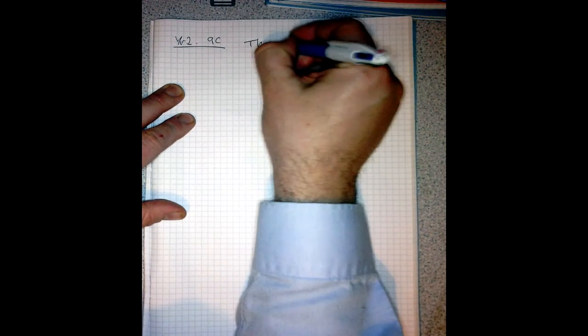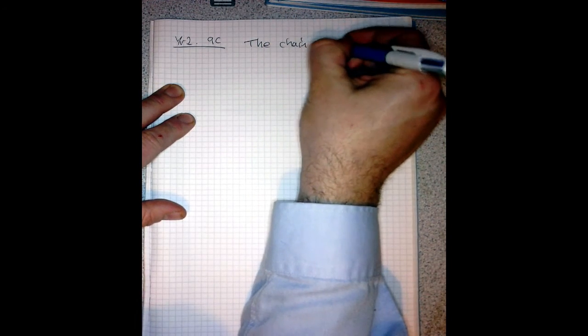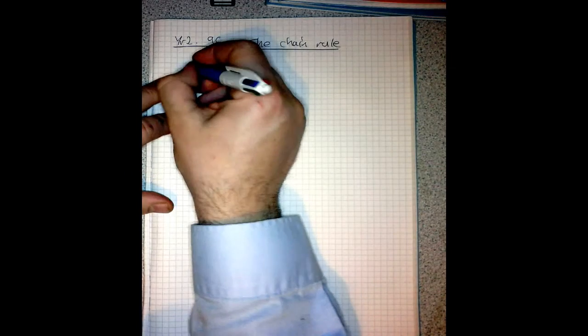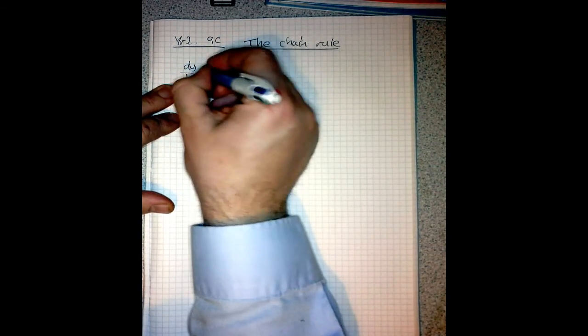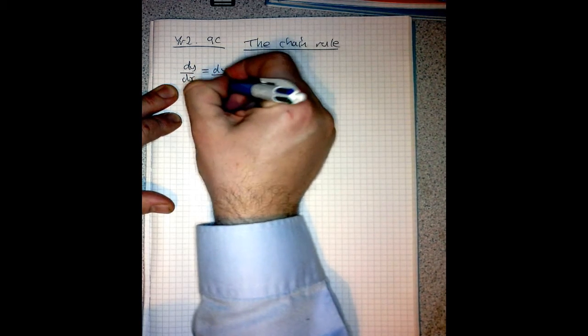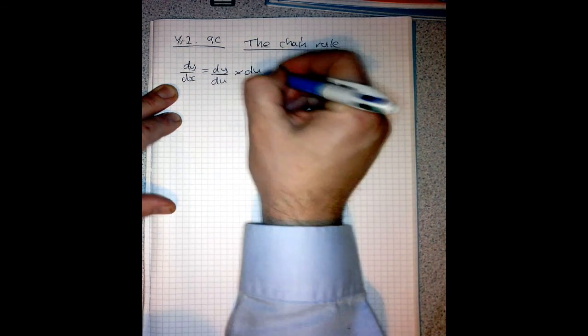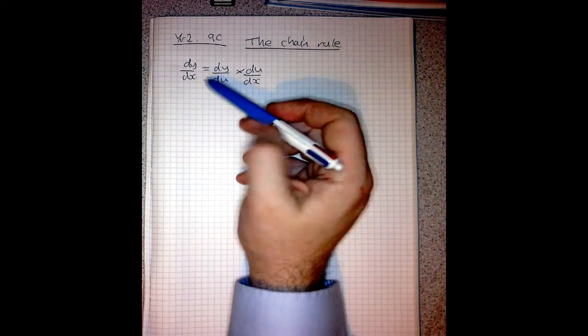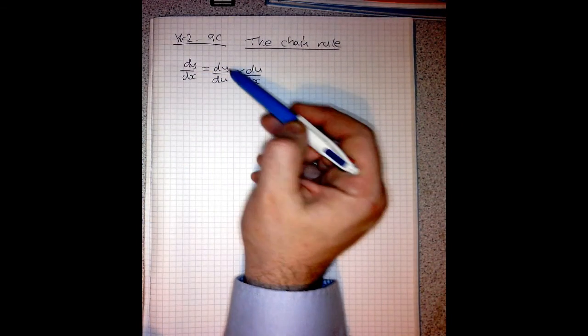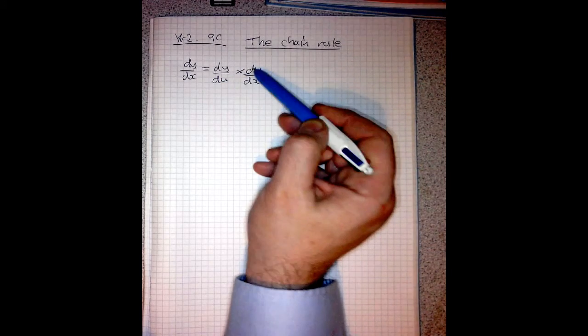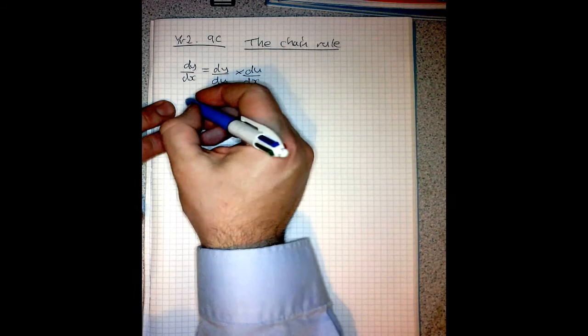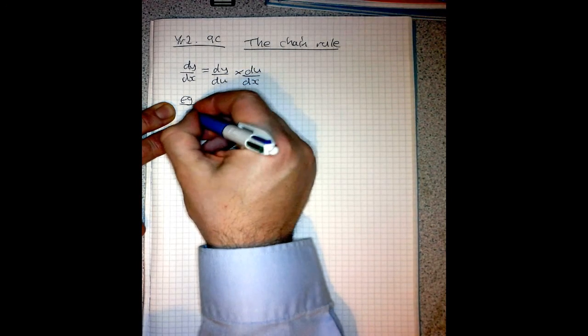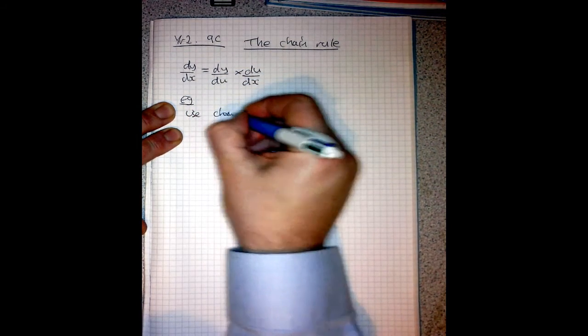So the chain rule is a pretty key tool that we use for differentiation, and it's really this: we can treat derivatives as fractions. Now they're not fractions, but for this purpose they behave just like fractions. We can see that dy over dx is dy over du times du over dx. The du's cancel out, if you like, and that's useful because